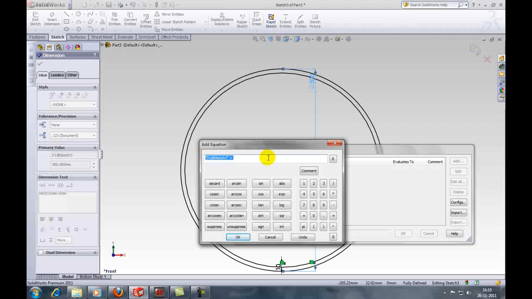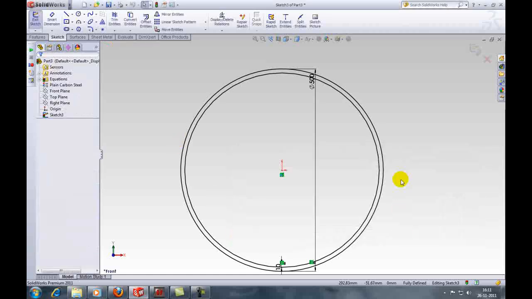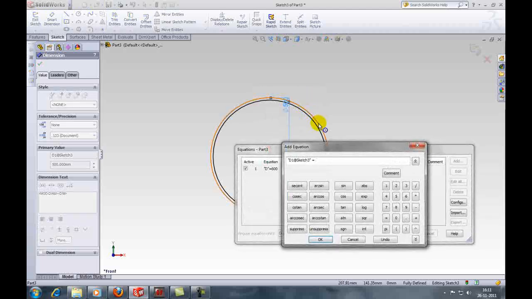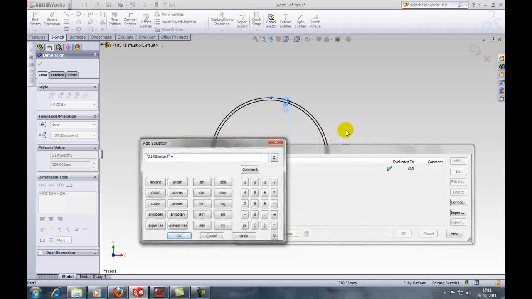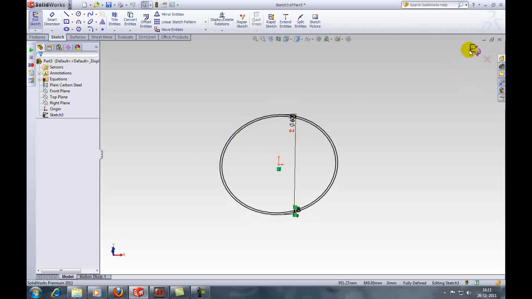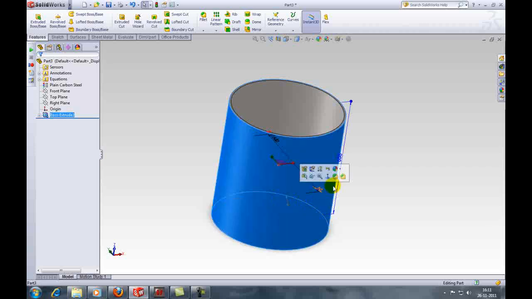Okay, now double click on 500 and click this arrow and click add equations, and we will say, let's say D equal to 600 and click OK. Now this sketch will be equal to D. And just extrude this, extrude by mid plane, and now